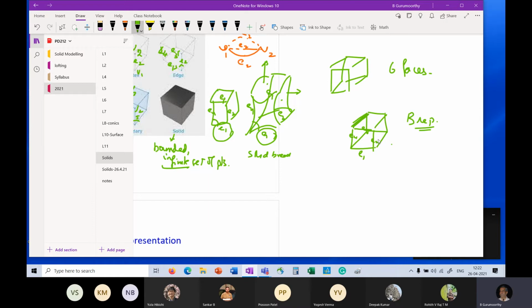But clearly, it is not a cube, right? Because there is a big hole here, right? And so it is not a bound solid at all. The question now is how does the system know that while it has some boundary representation, this boundary representation does not represent a solid, right?